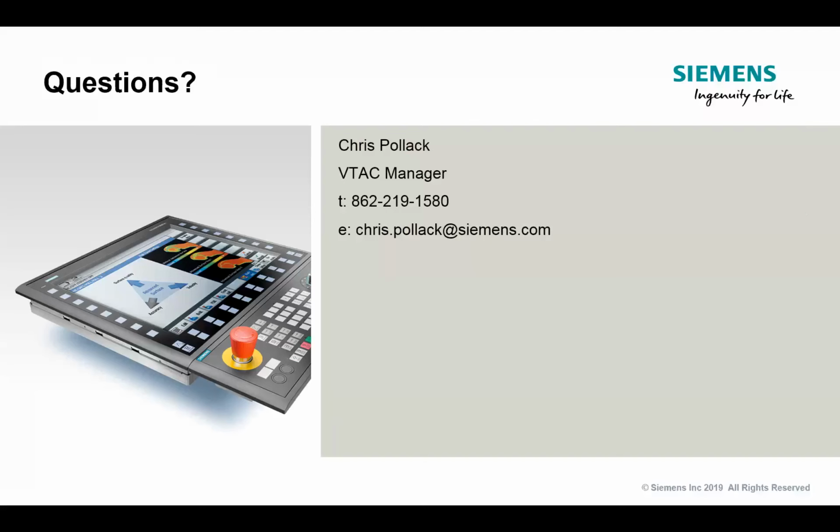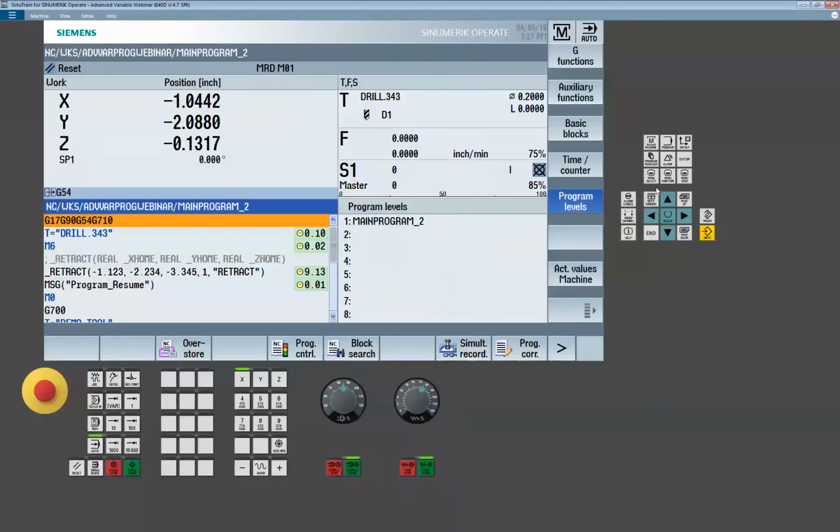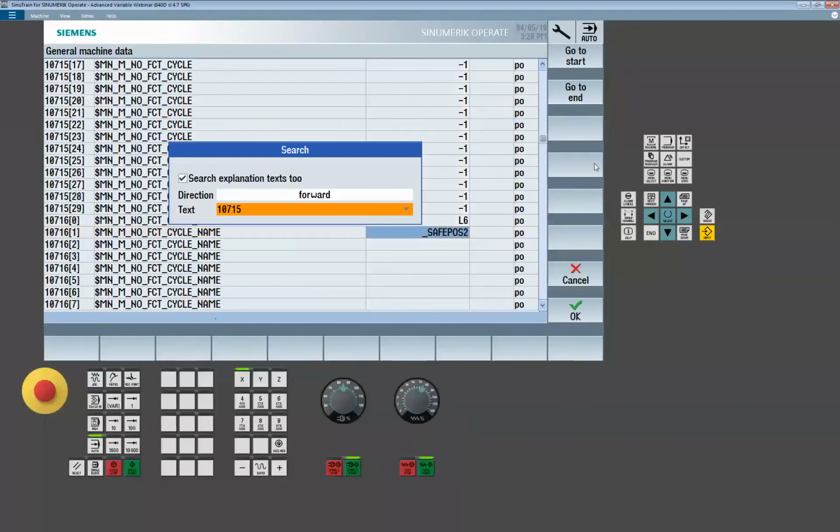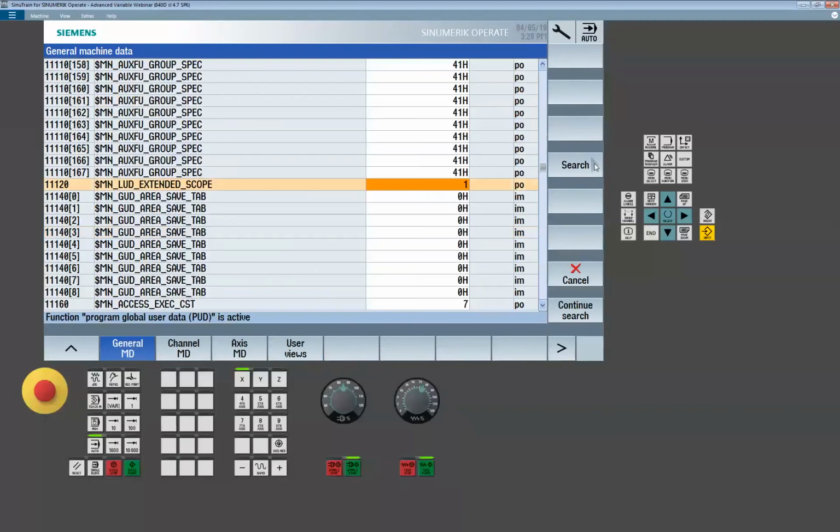We got, is there a better way to convert from MD 11120, which is the extended scope 0 to 1, without having to rewrite all of the subroutine variable definitions? Some builders use 0, some use 1. Let me see what variable that is. I'll be honest with you, I don't remember them all off the top of my head. We got a lot of variables. Have you noticed? So this question is referring to 11120. So I believe, if memory serves me,